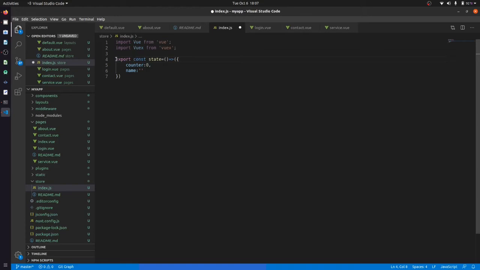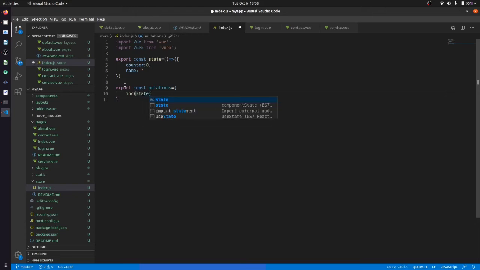Okay, and after exporting this, how can we use it, because I have just created this state. For changing this state we have to mutate the state. So we will export const mutations, for mutation. We have mutations, and what we will do now is have a function, and after that we can create some functions here. We can create an inc function. The inc function is just for incrementing that counter.